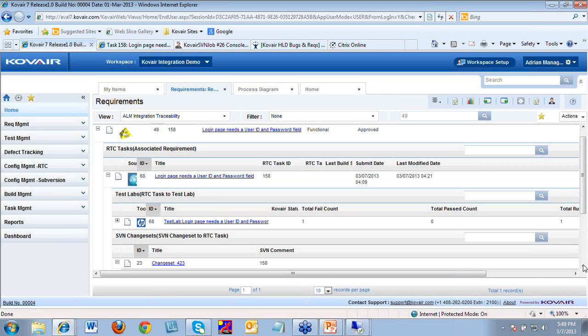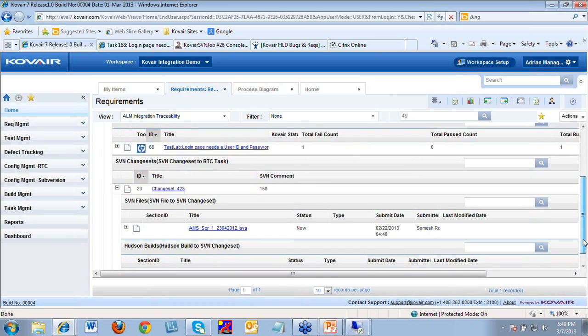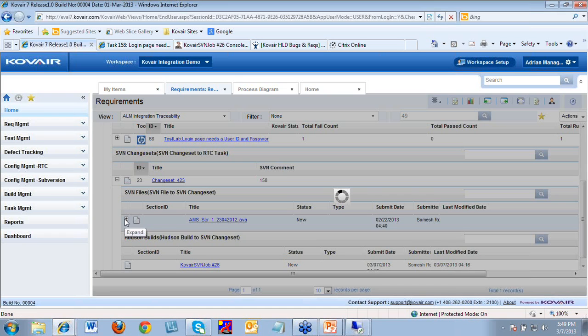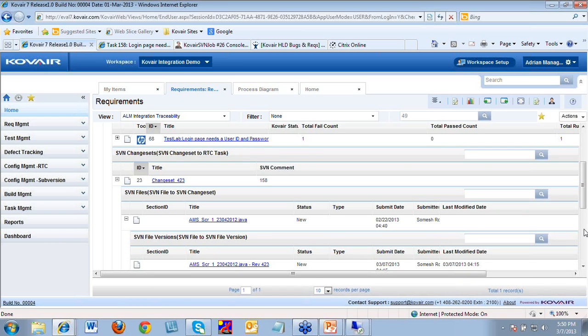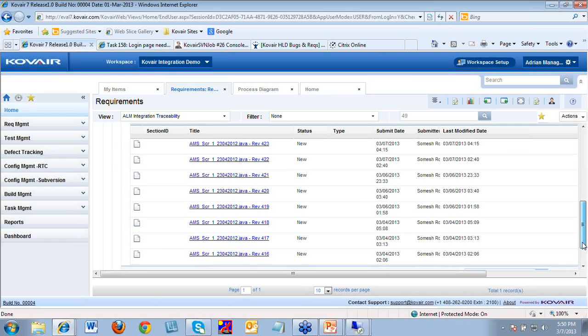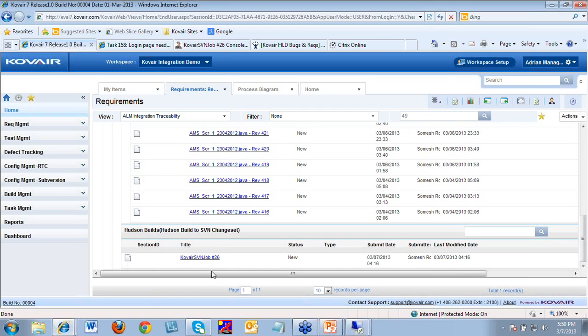So the change set should be having the file, and the file should be linked to all the different file versions that the file has gone through, as the same file has been checked in over a period of time, over a number of times, and each of these versions are getting shown over here. At the same time, you can also see the build that has been triggered from HUDSON, and it's also showing